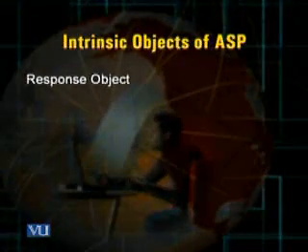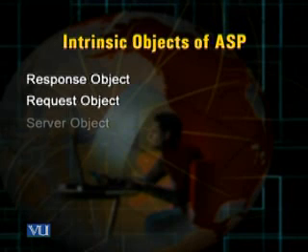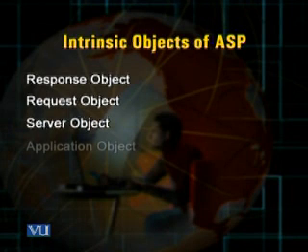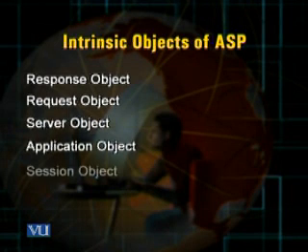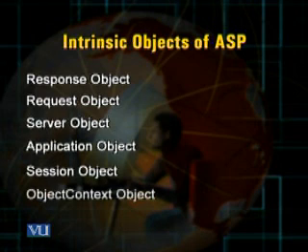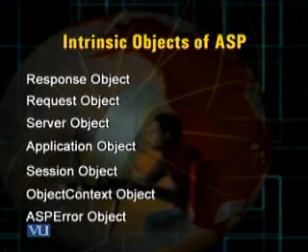ASP also has certain predefined objects. We call them intrinsic objects. Mainly they are of 7 types. You can see them on the slide. First, response object, then request object, then server object, application object, session object, object context object, and then ASP error